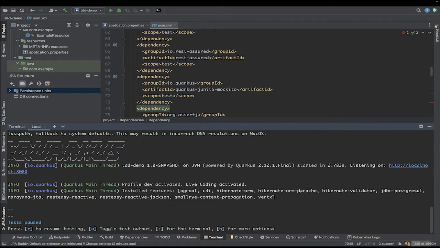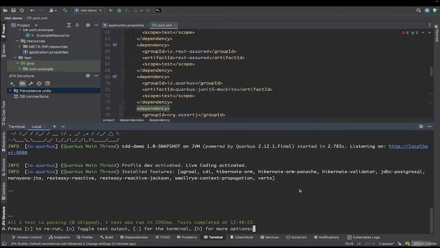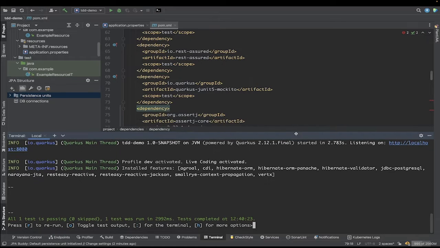So I'm going to hit R to resume tests, and you notice it's going to start up another Postgres database and run the tests again. So it keeps the application and the test data sources and databases separate from what I'm doing here. That's pretty cool. So I'm going to close this stuff down, and let's start creating things by writing